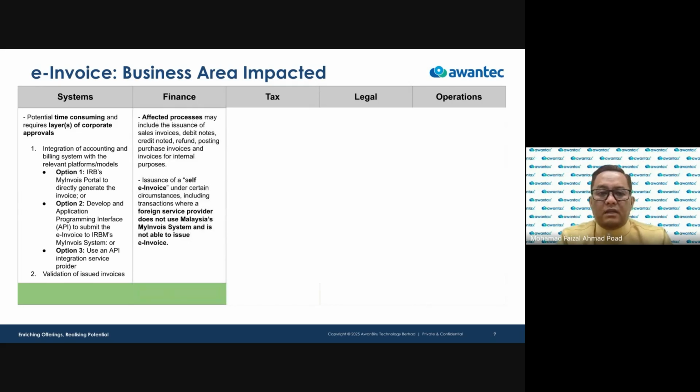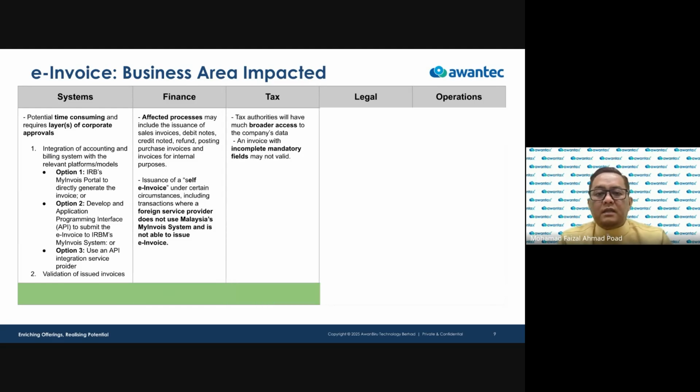Likewise for finance. Finance also needs to understand that, for example, when you issue a wrong invoice, or when your invoice has already been validated, what else do you need to do? There are some business processes that actually change, and for businesses dealing with foreign parties, there are some rules you need to follow.